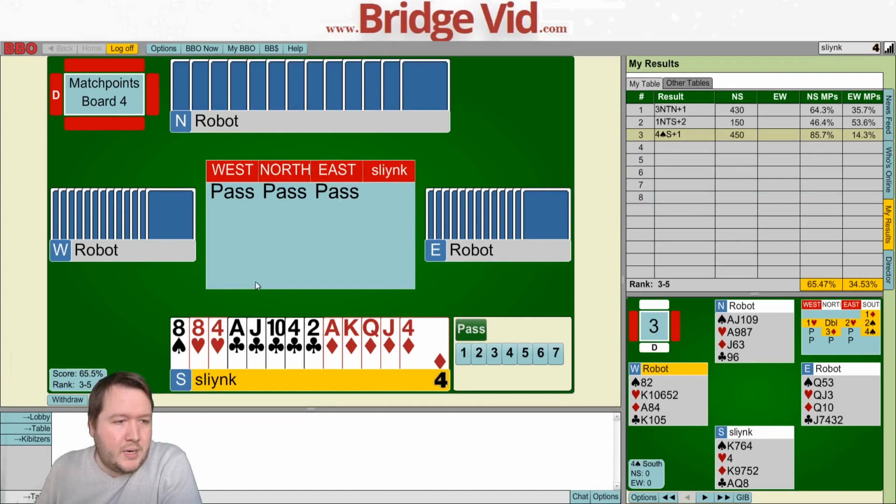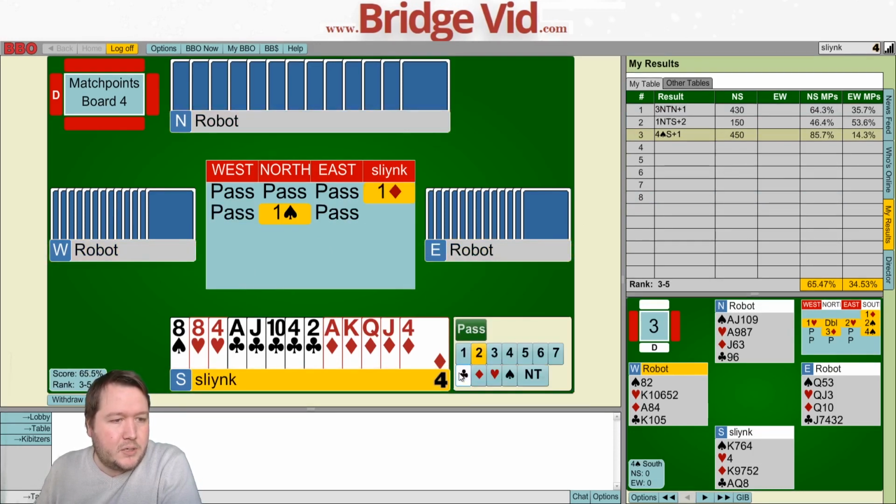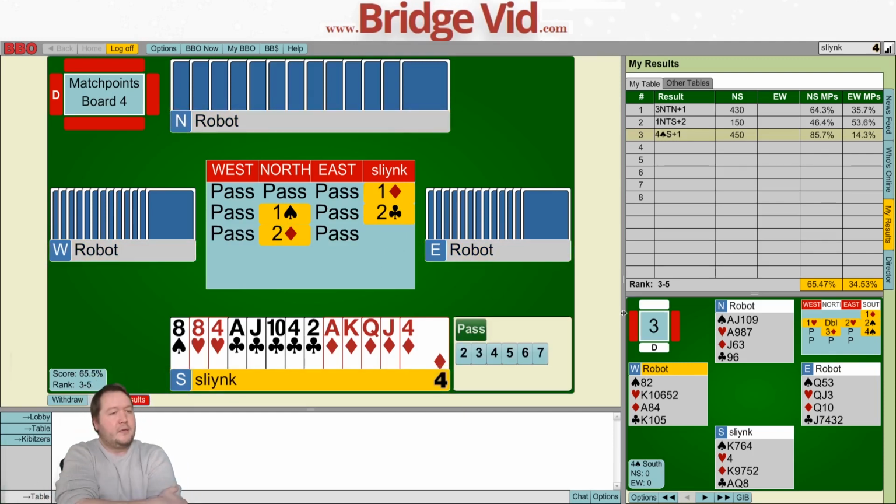Moving on to board number 4, and we've got a 1-2-5-5 shape, so 2 5-card suits. I want to just open the higher ranking of my suits. We'll start with 1 diamond. Then I'll just bid 2 clubs and probably follow it up with 3 clubs invitational. So